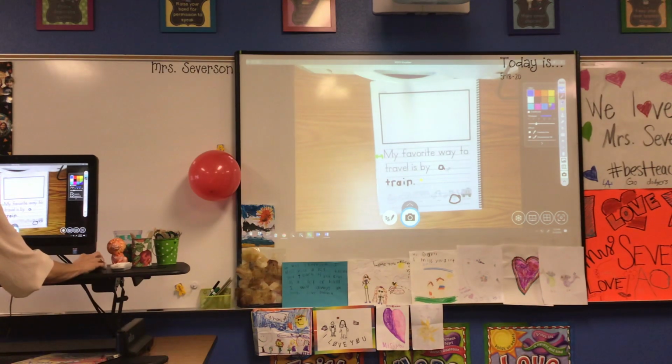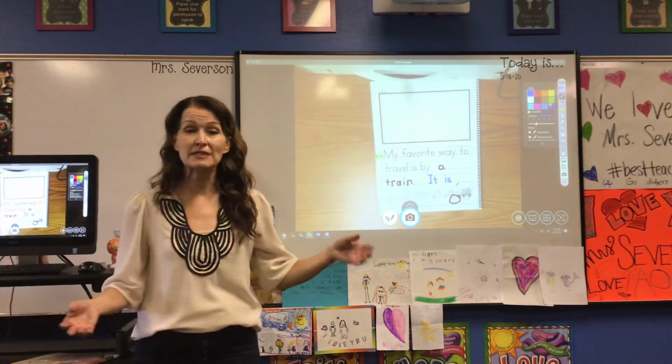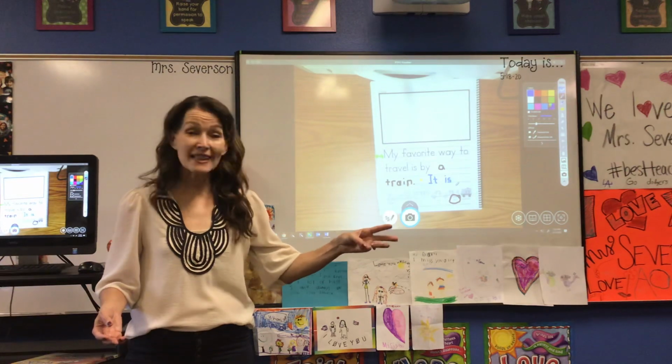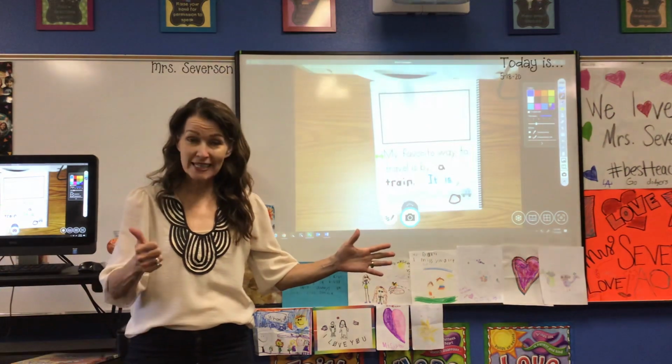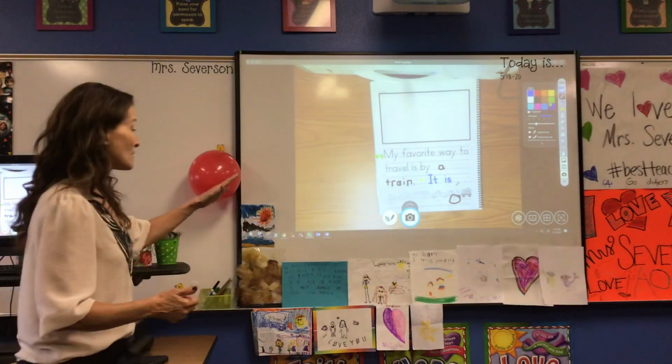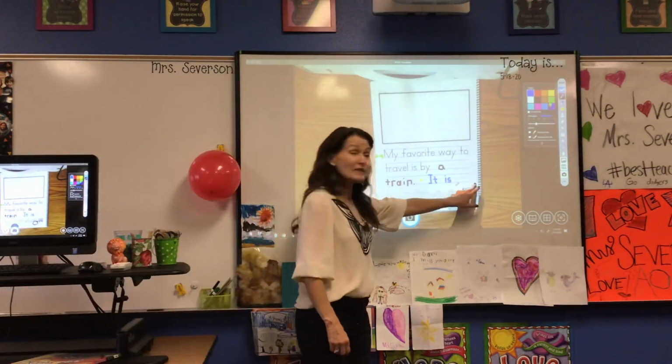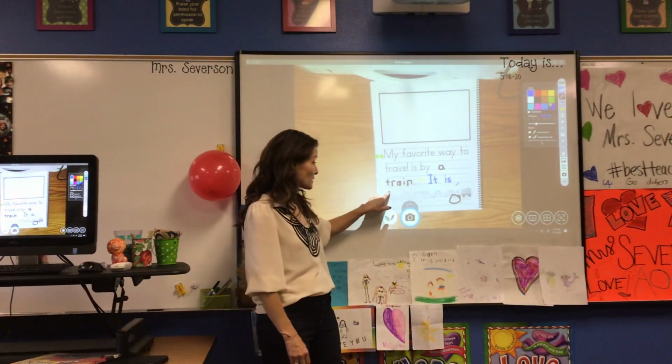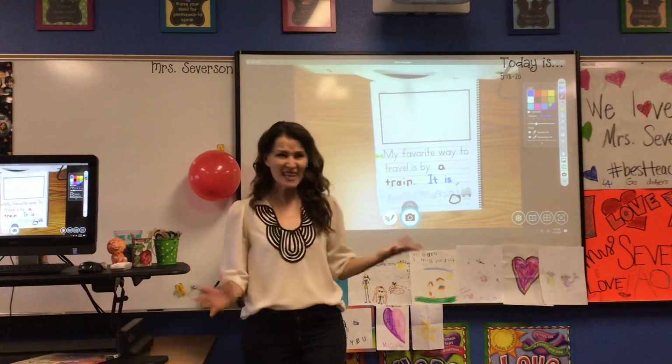And then I'm going to start with another capital. Let me do a different color so you can see it. I'm going to say it, capital letter, it is relaxing. Now relaxing is a big long word. I would say relax-ing. And I don't have any more room right here, and I don't have another line, so I'm going to start right here and just write it above the pictures. It's okay.